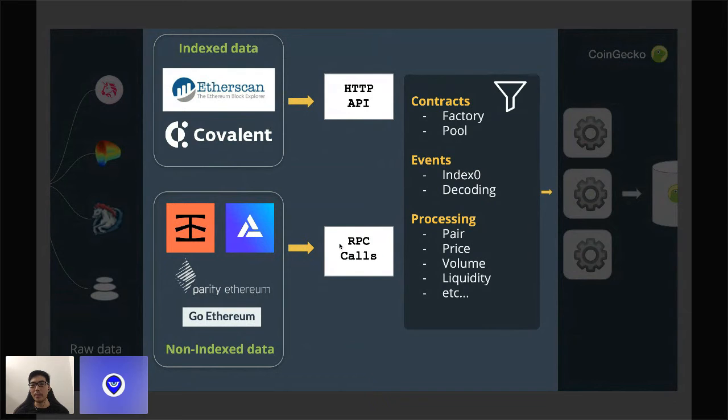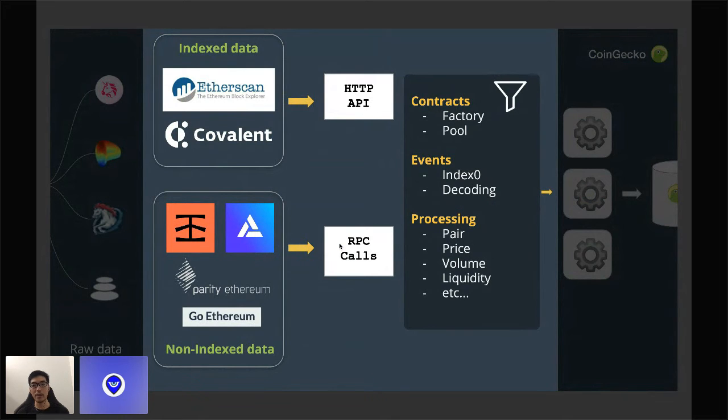Some of the things that you have to keep in mind is that when we looked at the graph earlier, you don't necessarily have to care about how the contract is written, right? You just specify to the graph that you want the data for a given contract, and you get all this information automatically calculated for you. In this case here, you have to do a lot of the manual work by yourself.